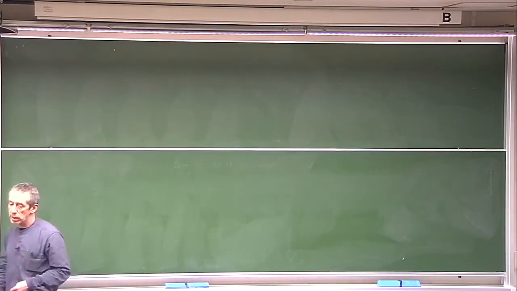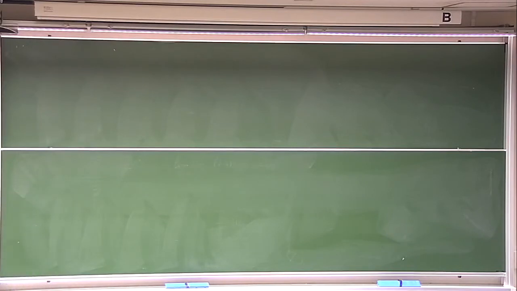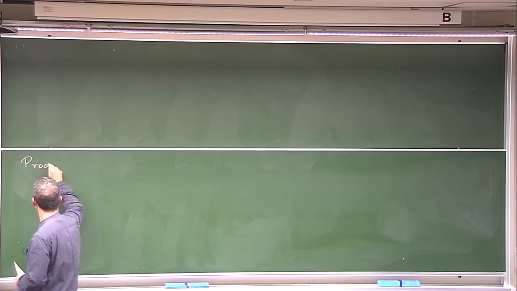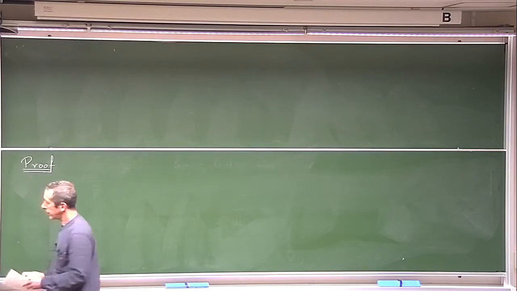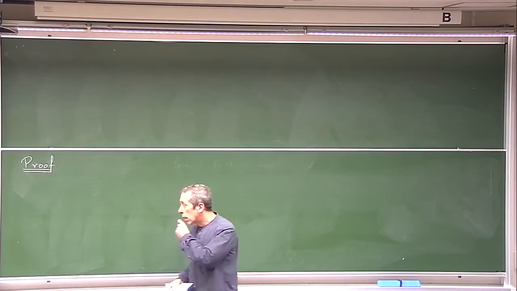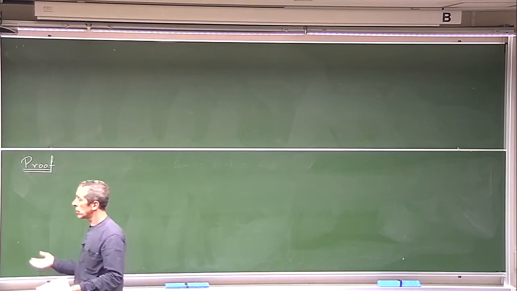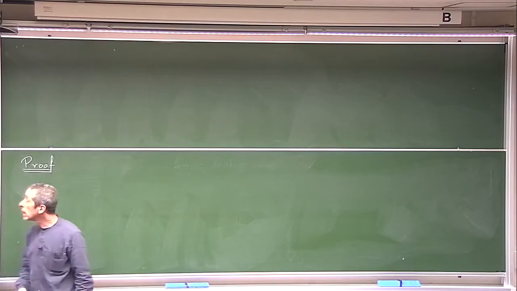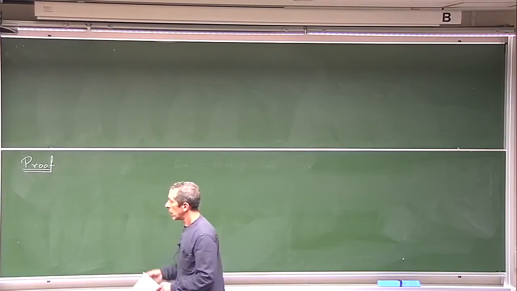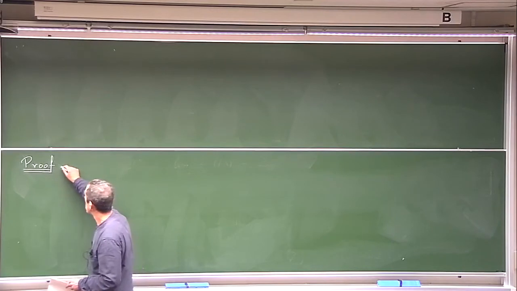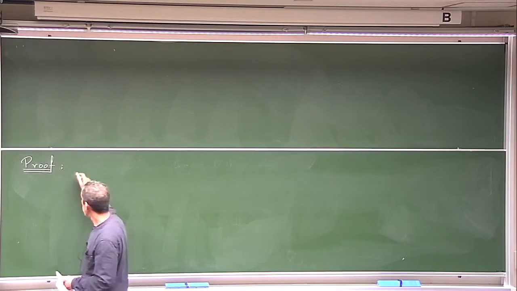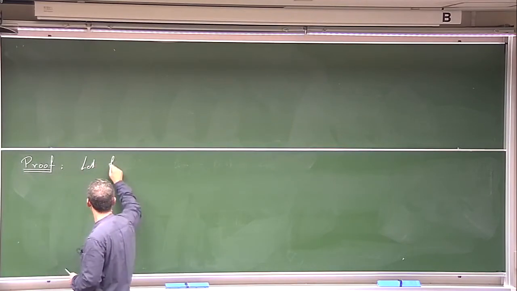Okay, so I still have a little bit of time, so I'm going to give a proof of that theorem. The proof is actually not very difficult, but I will also introduce some objects that we will use later on. So, to start the proof, we start with an f, small f, which is in